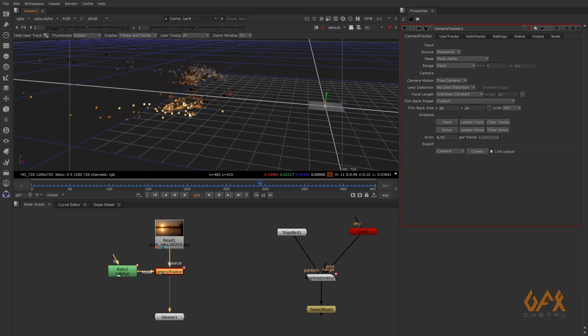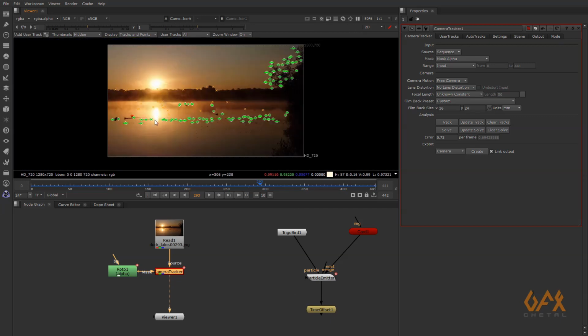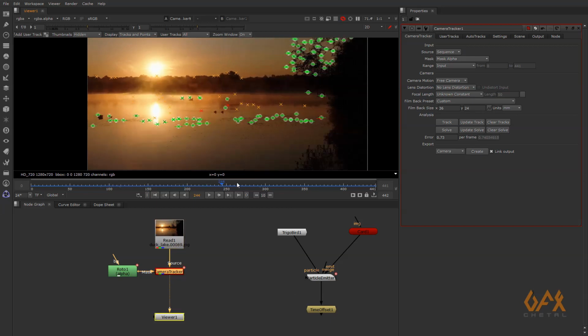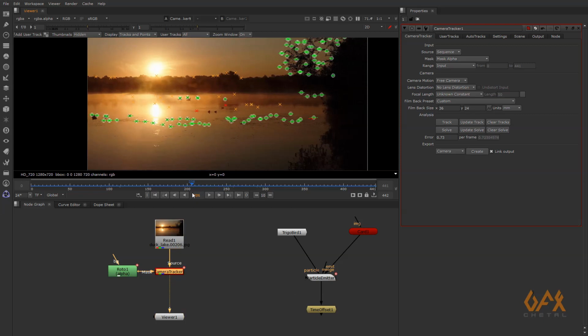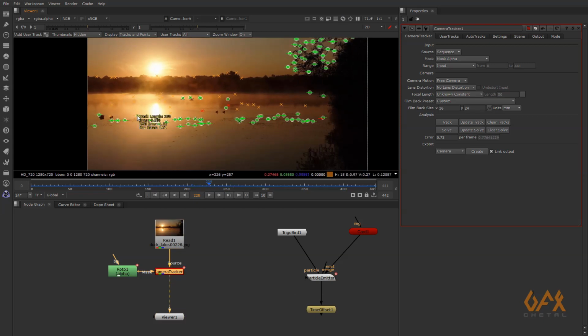But I need to orient these things very properly. So for that I again press tab, go to 2D view, I just come over here, select some feature on my lake and I right click over here, ground plane, set selected to ground, create one more point like this one, right click, set it as origin.